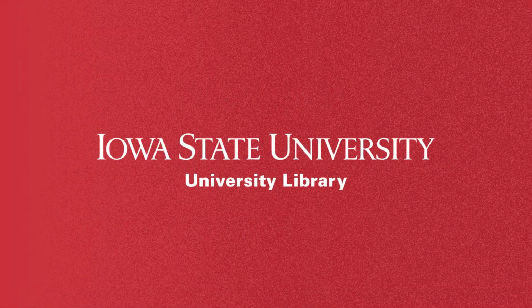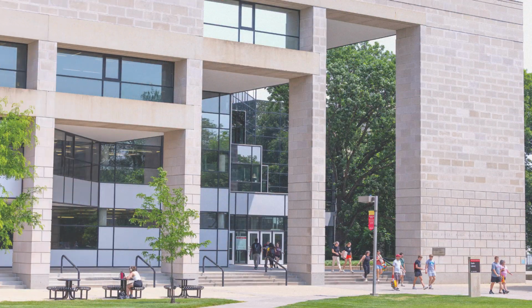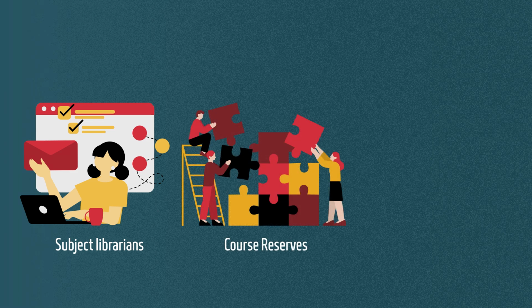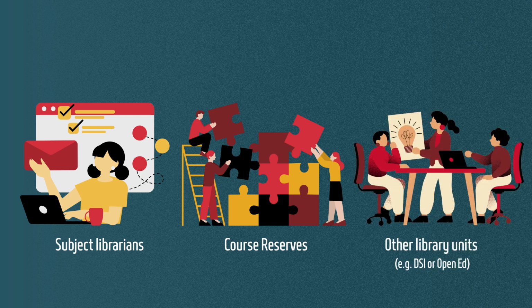Iowa State University Library offers a variety of services to support instructors who want to build engaging course experiences. Subject librarians can provide one-off instruction sessions or ongoing support for courses in their assigned areas. Course reserves can help instructors point students to free materials available through the library. And the library's digital scholarship and open education units can partner with instructors to develop engaging and online materials or